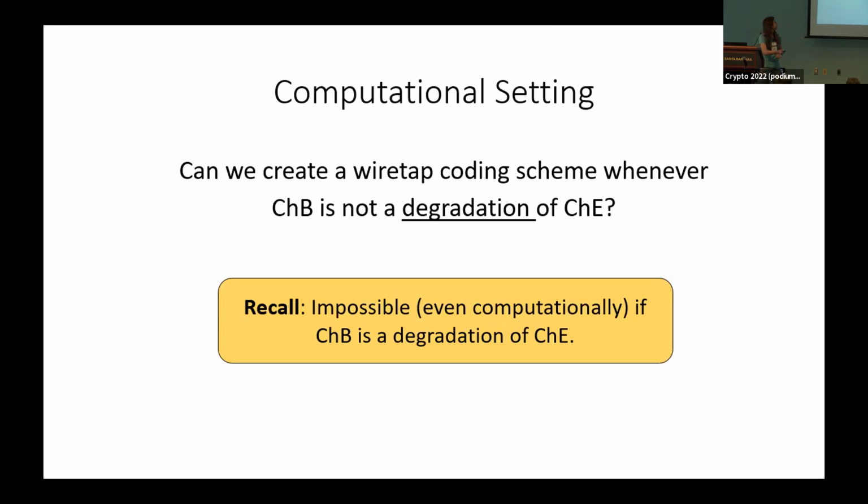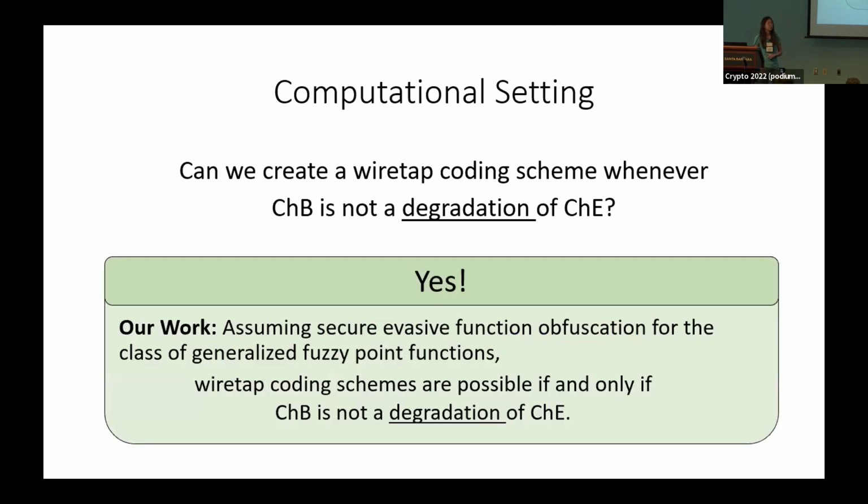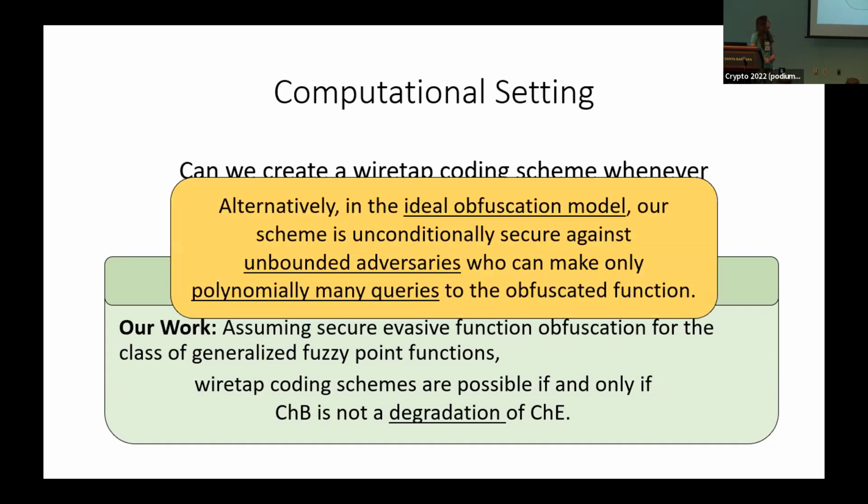So in our work, we show that yes, assuming a form of evasive function obfuscation, then wiretap coding schemes are possible if and only if Bob's channel is not a degradation of Eve's channel. So in fact, this is the best possible region we could hope for in the computational setting. And this greatly expands the region from the information theoretic setting. And there's one note, actually, the only computational assumptions we need are for this function obfuscation here. And in fact, you can view our scheme